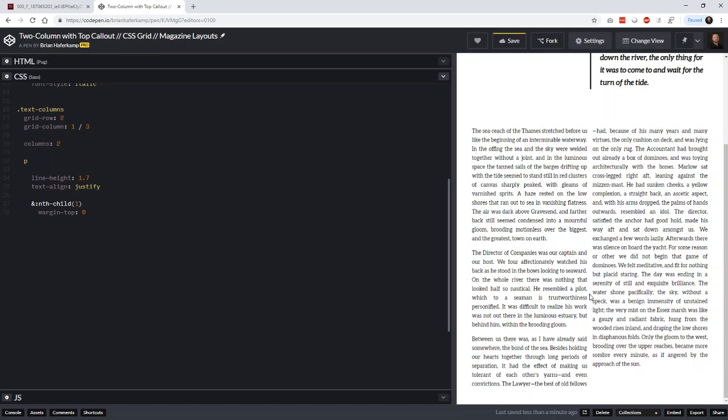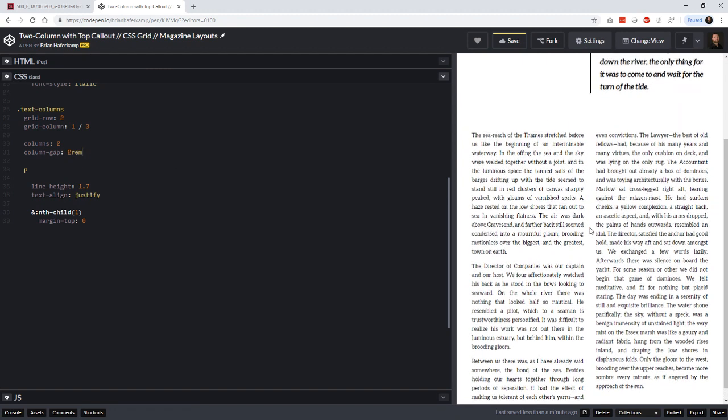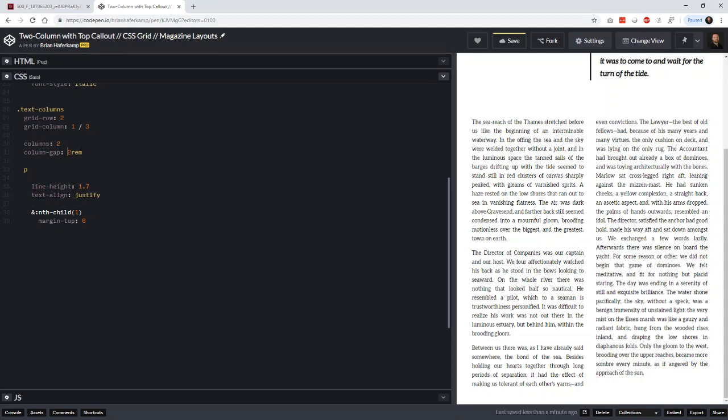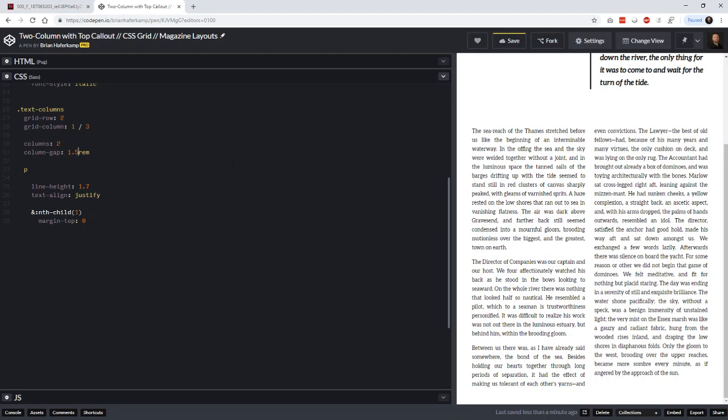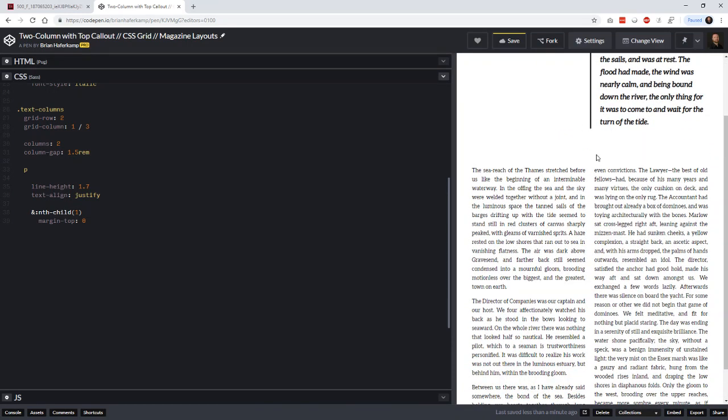And then when that happens, you can see that we probably need a little bit of space there. So then we would say column, I believe it's column gap. And then you could just sort of widen that gap out a little bit. 2 rem is maybe too much, 1.5. So 1.5 will probably do it. So now you can see we have this nice even